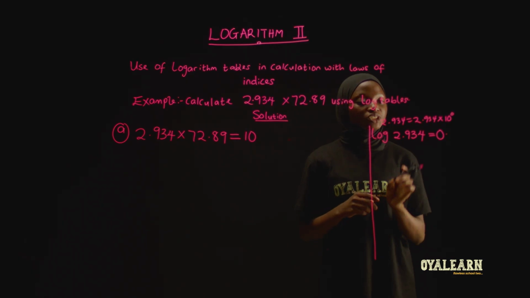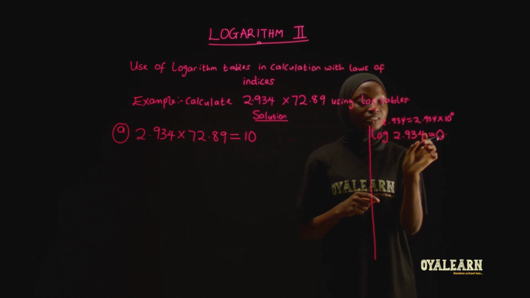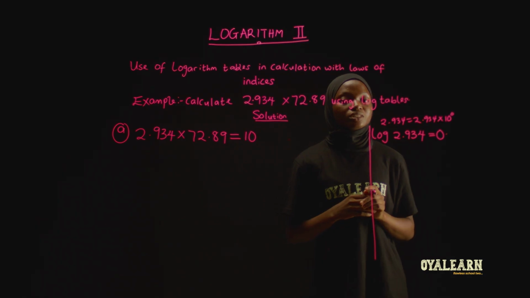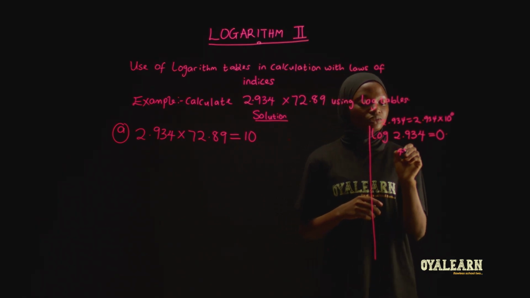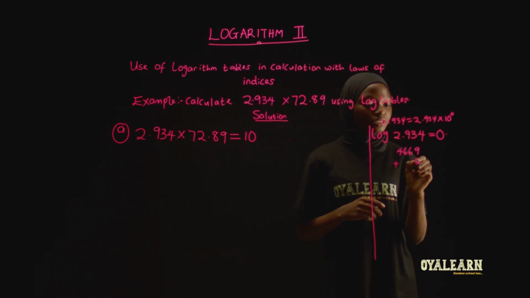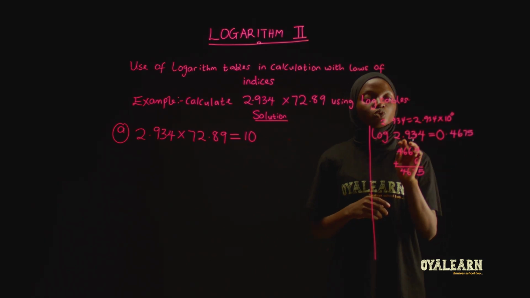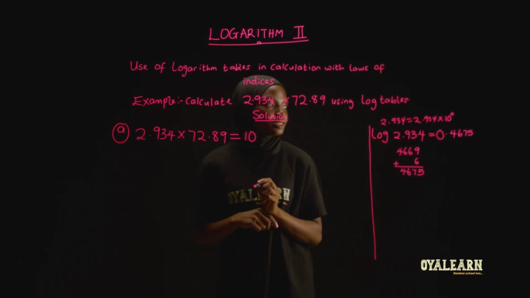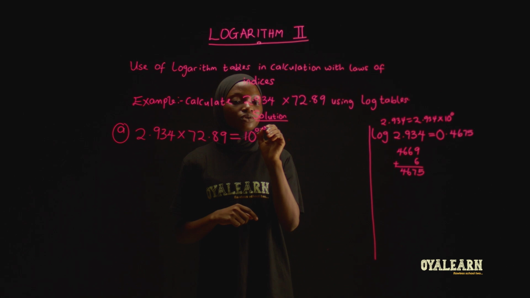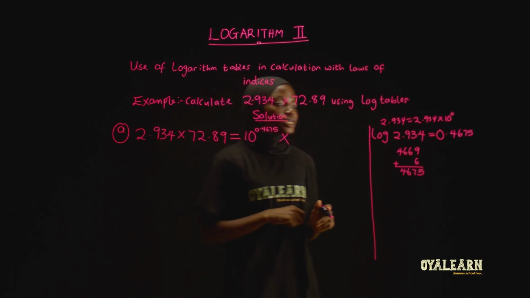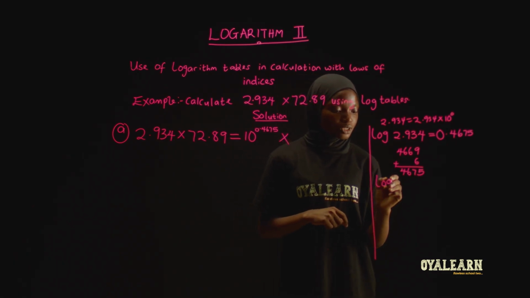Now under a logarithm table, you check for 29 under 3, difference 4. When you check 29 under 3, you have 4669 and a difference of 4, which is going to give you 6. So you add it together with this, we have 4675. So we have 0.4675 as a logarithm of 2.934. So we come back here and we write that 0.4675 multiplied by 72.89. So we take the logarithm of